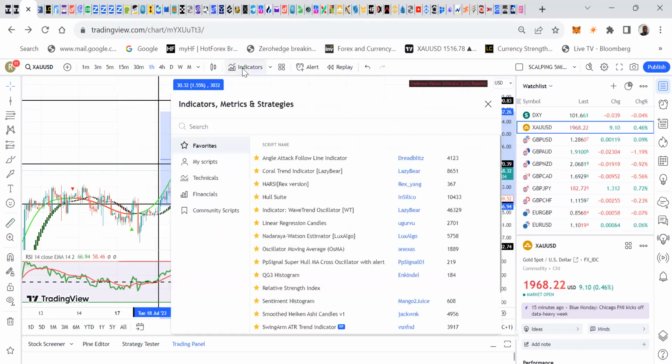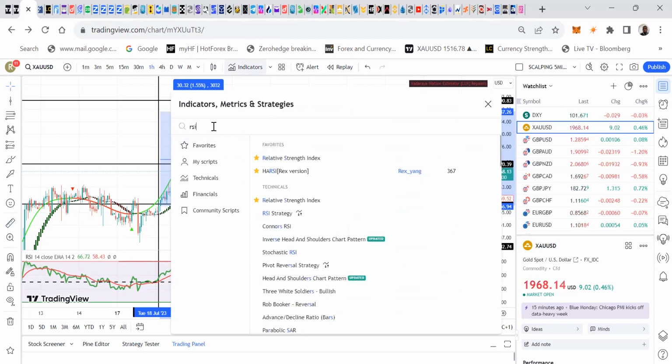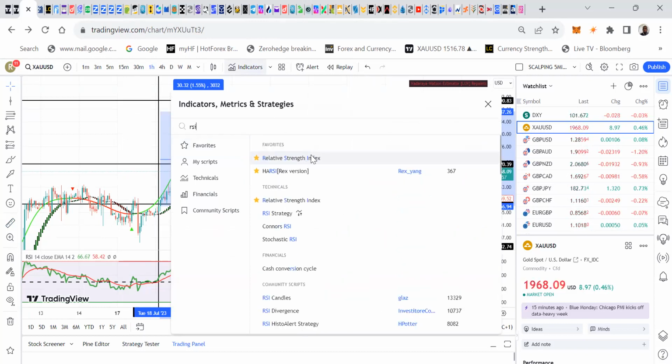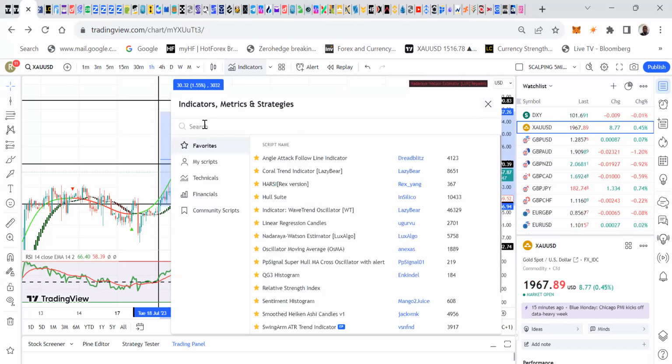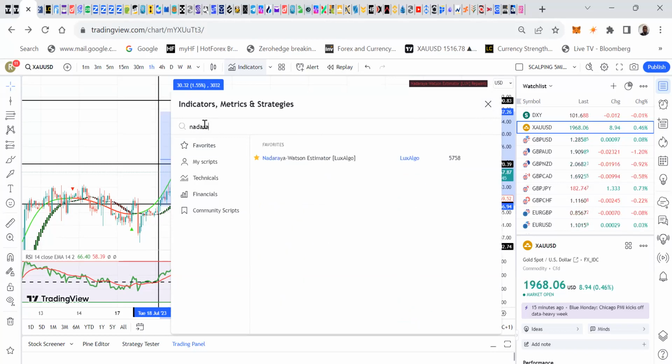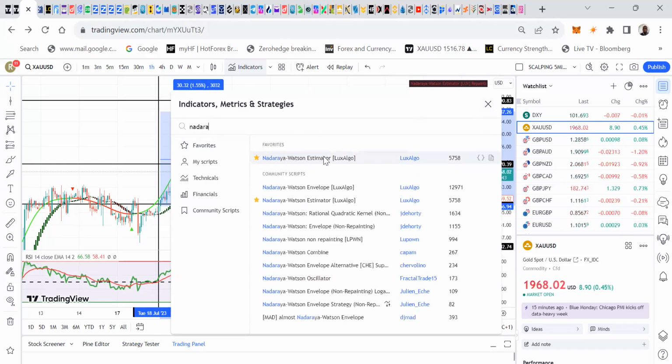So now you just come to indicators. When you come to indicators, you type RSI, which is Relative Strength Index. You enter it. All right. And it's the same settings. I'll show you the settings now. Then the next indicator is the Nadaraya-Watson estimator. This one looks